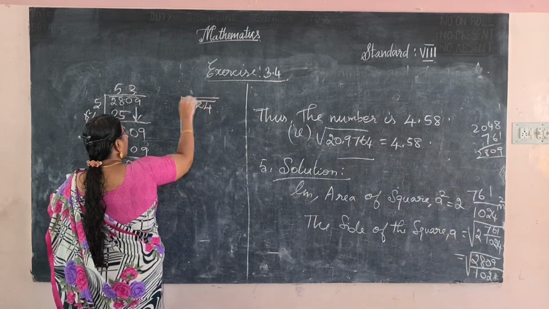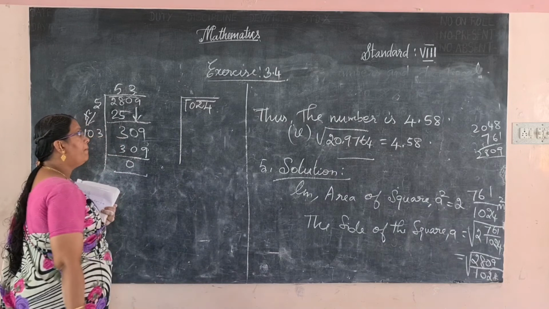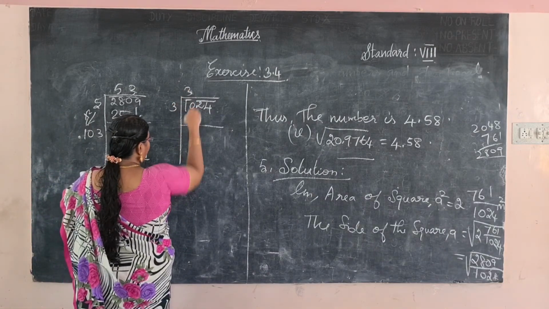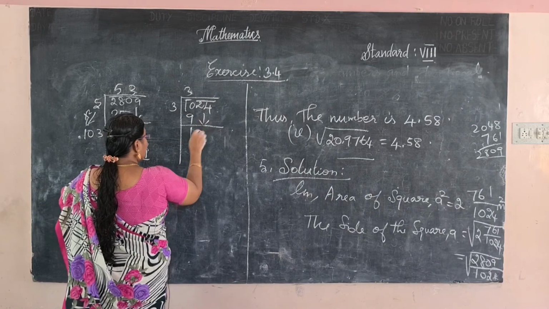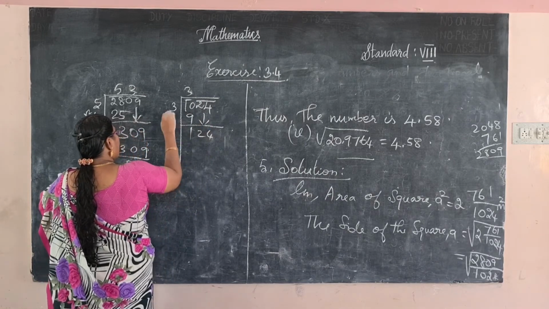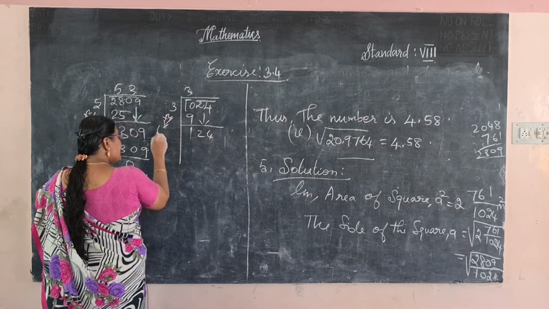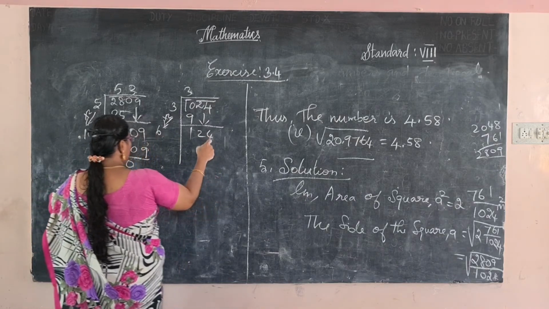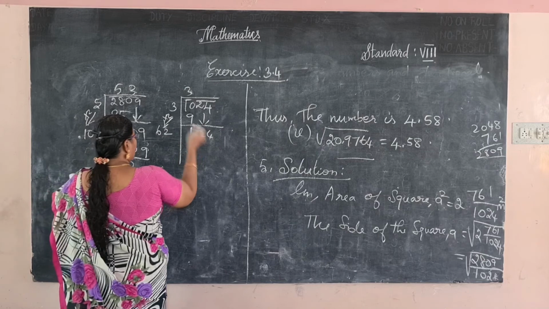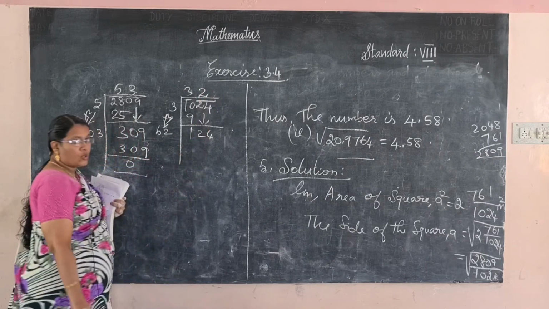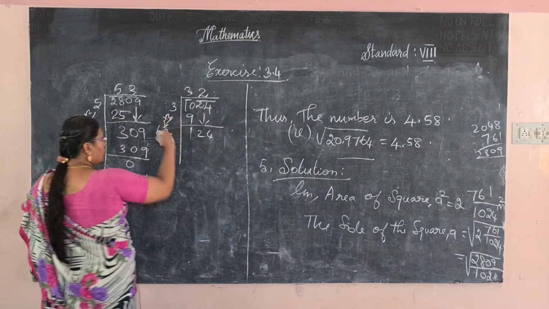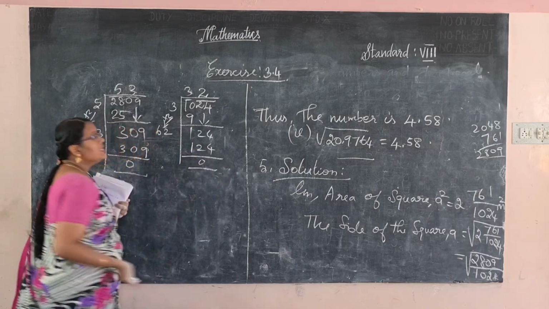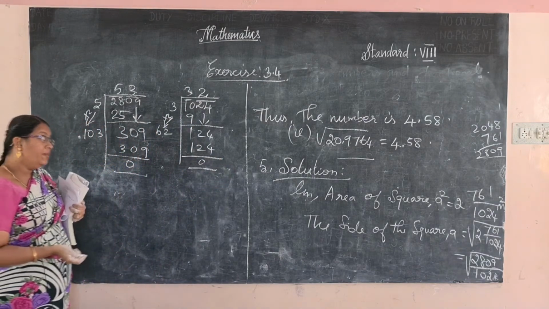So divide in equal parts. Okay, so how many times? 3 3s are 9. The remainder is 1. Bring down the next digit. The divisor multiplied by 2, 2 3s are 6. So here, which number do we multiply? 2, is it? The quotient is also multiplied by 2. So 2 2s are 4, 6 2s are 12. The remainder will be 0.